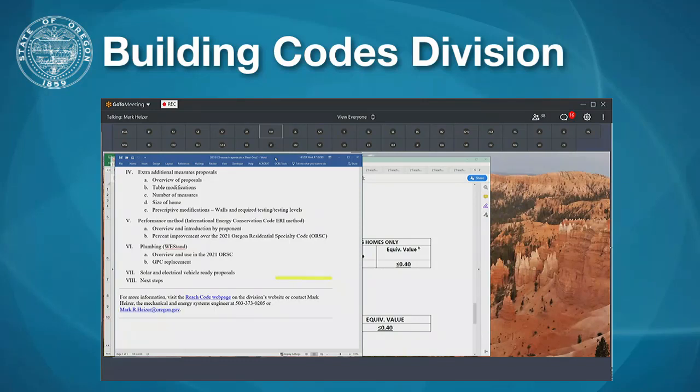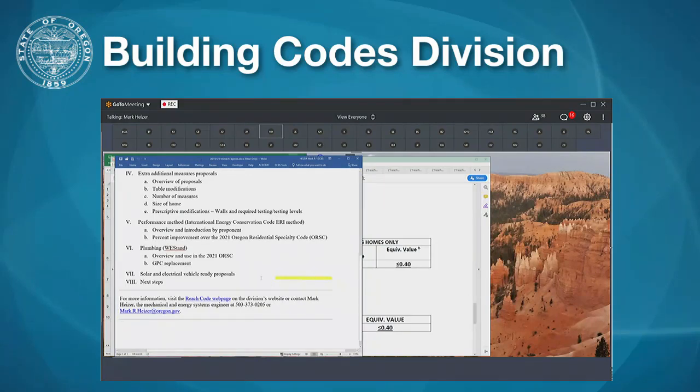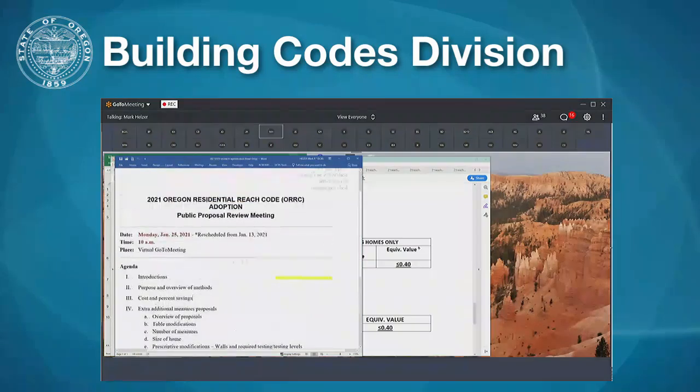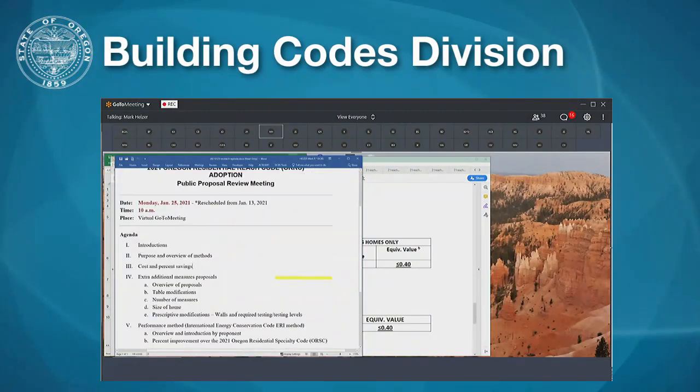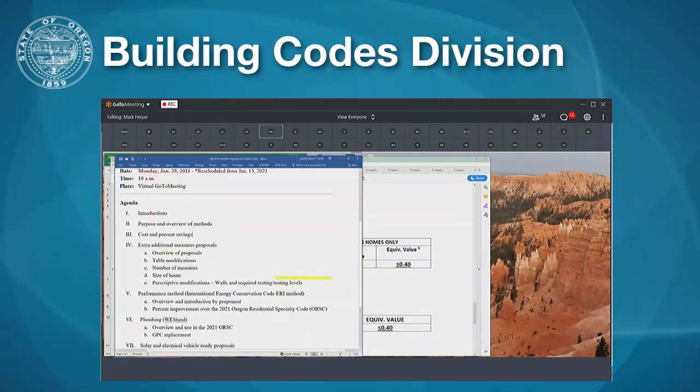EV ready people on getting their pieces going, getting correct language for allowing the latest green plumbing code, like was allowed in the last REACH code, so that some of the things that wouldn't be allowed under the plumbing code can be done in energy efficient homes.